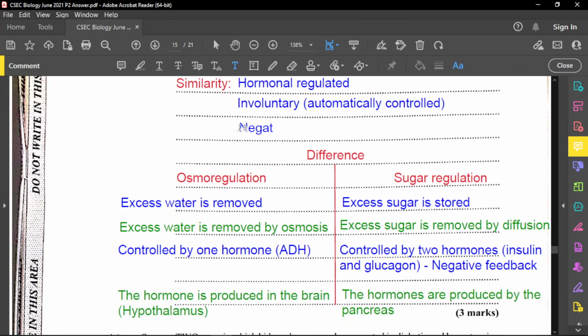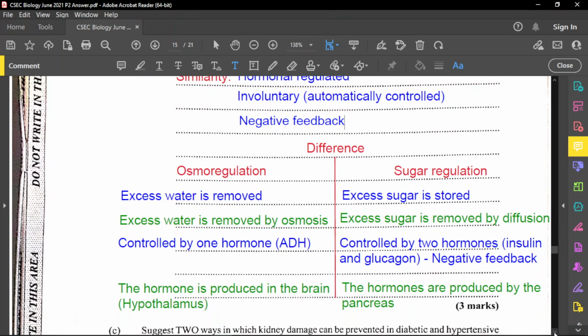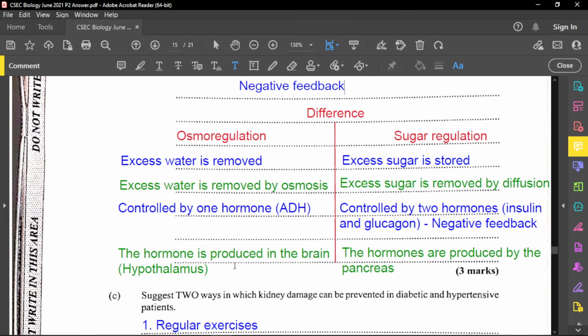So they are controlled by negative feedback. All right, so that's another similarity right there. And the last difference we'll look at here is that the hormone is produced by the brain for osmoregulation, produced by the hypothalamus, while the other hormone is produced by the pancreas to control sugar. In fact, they are secreted by the islets of Langerhans in